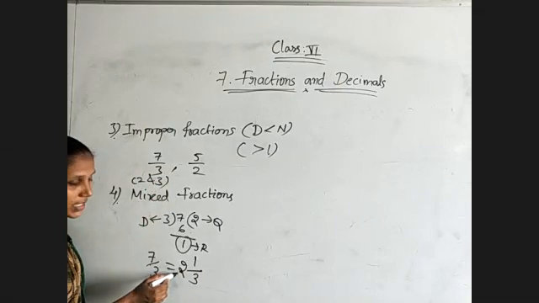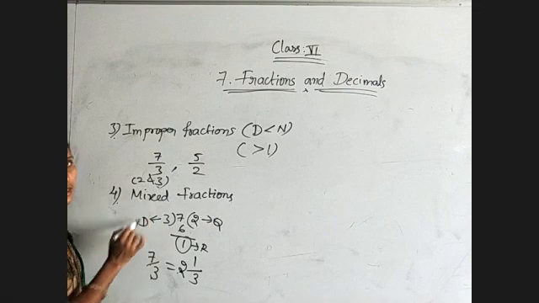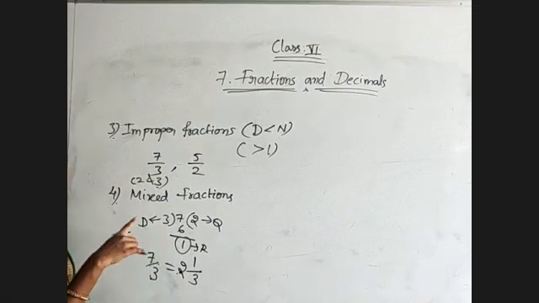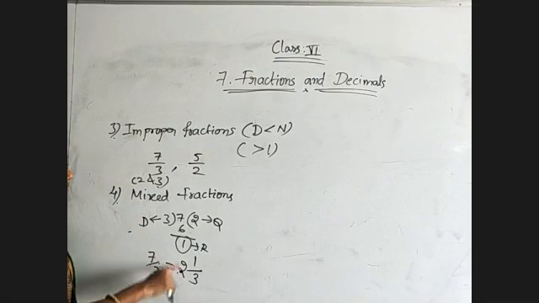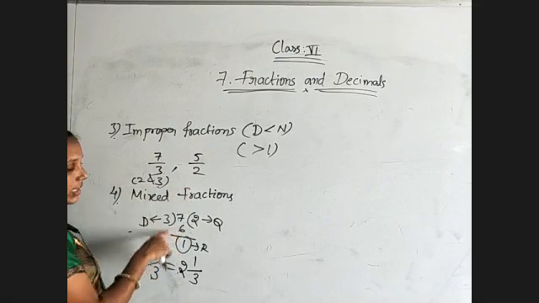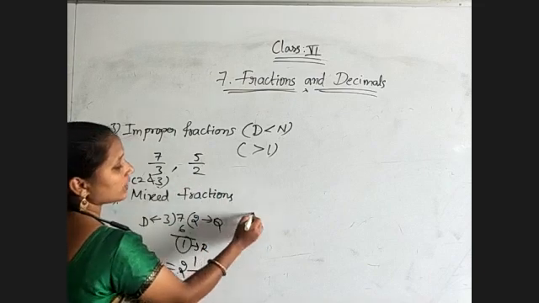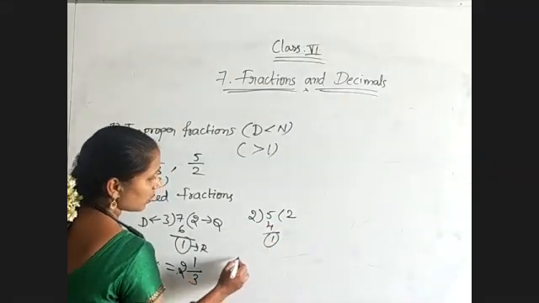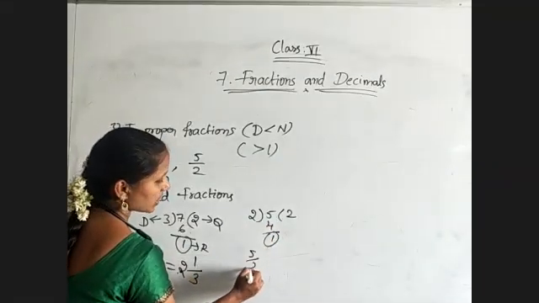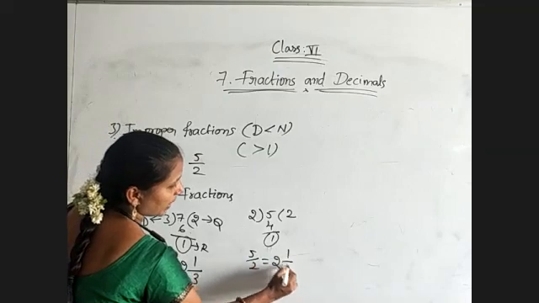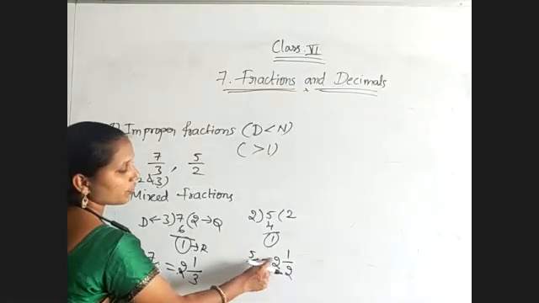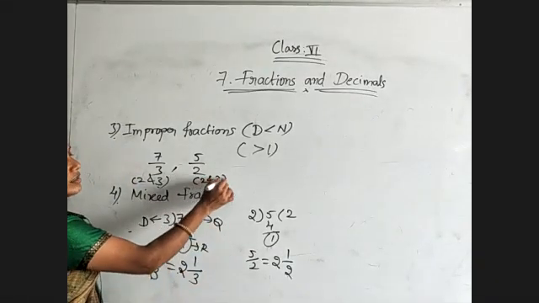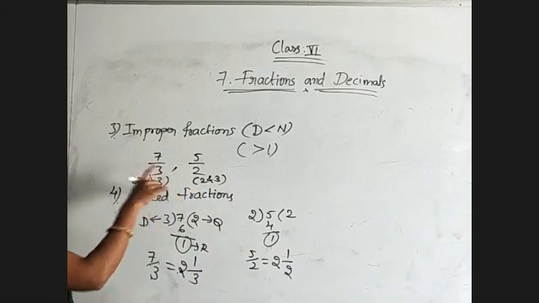And to represent this number pictorially, we need 3 wholes, because it is more than 2. And 5 by 2 also, like this only we will convert. What will we get? 2 2s are 4 and the remainder is 1. So 5 by 2 is nothing but 2, 1 by 2. 2 2s are 4, 4 plus 1, 5, 5 by 2. It is also lying between 2 and 3. So to represent 5 by 2 also, we need 3 wholes.